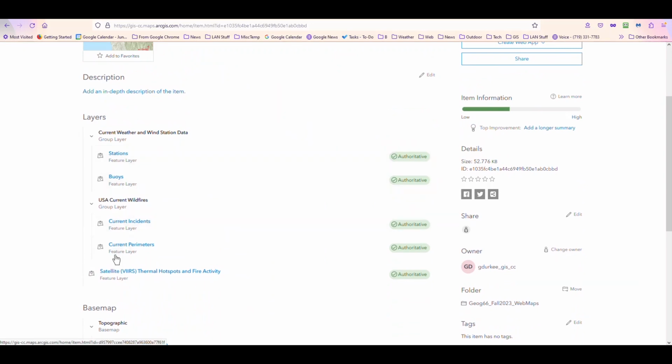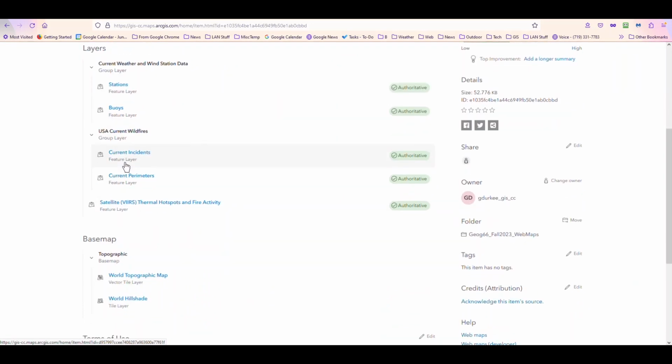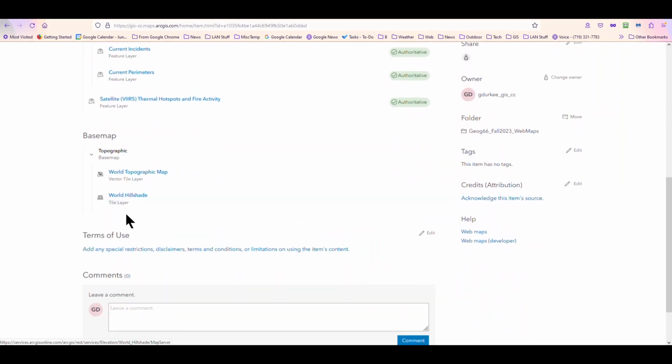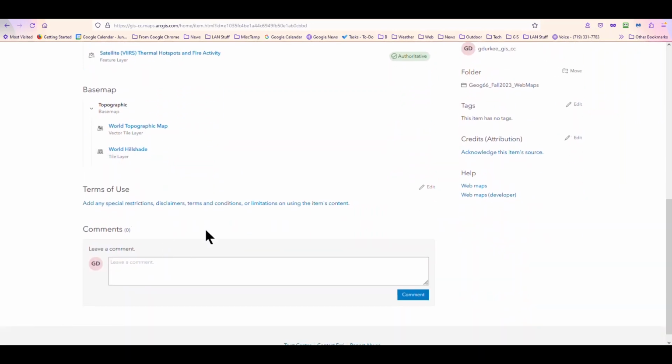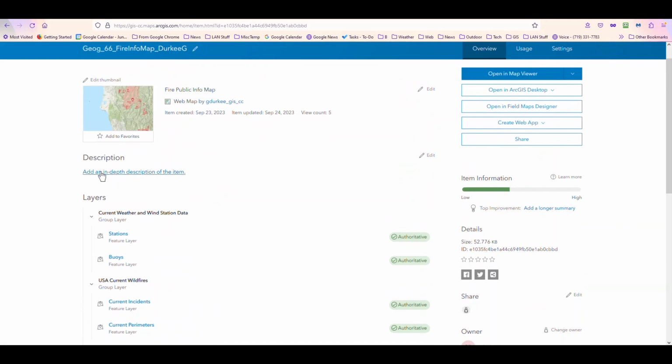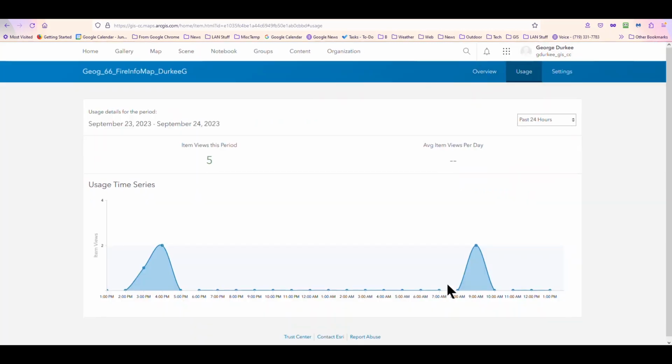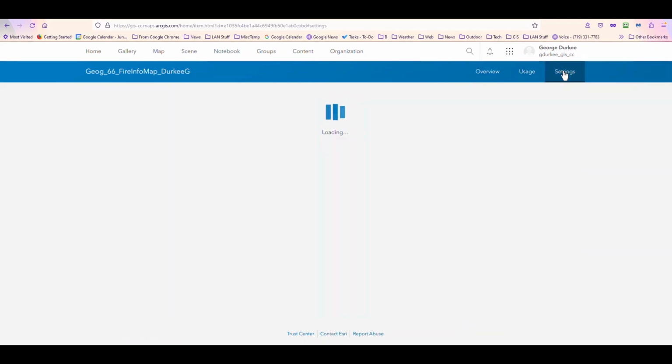It lists the feature classes you have in there, tells you what base map you're currently using, and you can also edit your description, which is a good idea. And for what we're going to do here, you can open either in the now default new Map Viewer, or you can open it in Map Viewer Classic if for some reason you want to do that. You can also check your usage and see how many times your web page has been accessed, and then settings